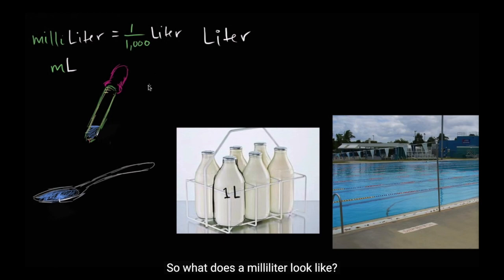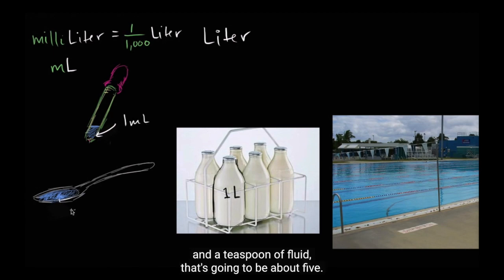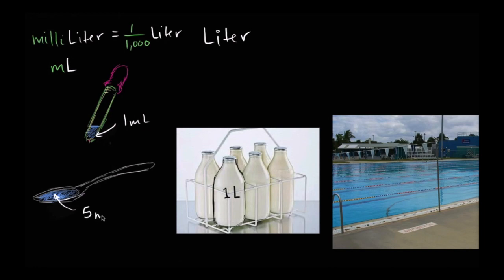So what does a milliliter look like? Well, if you imagine these medicine droppers, a milliliter would be about that high on one of those medicine droppers. And a lot of these medicine droppers actually will have up to 5 milliliters marked off, but a milliliter would be about that much. Or if you were to take a teaspoon from your cabinet in your kitchen and you were to scoop out a teaspoon of water, so this one over here is going to be about 1 milliliter. And a teaspoon of fluid, that's going to be about 5